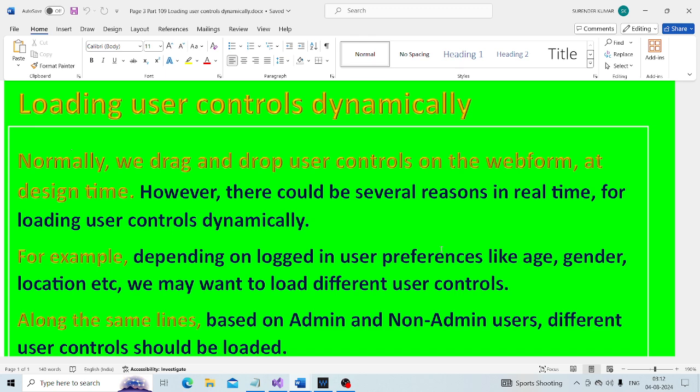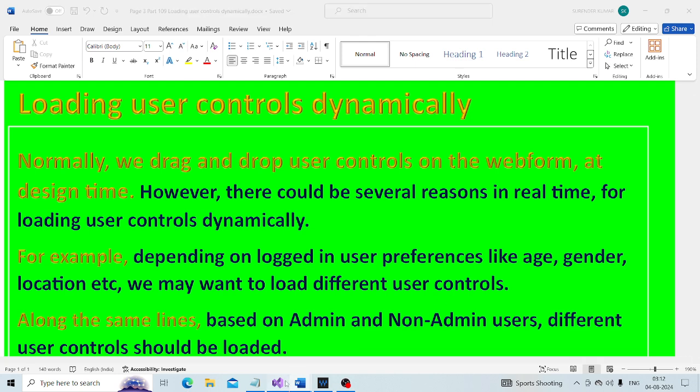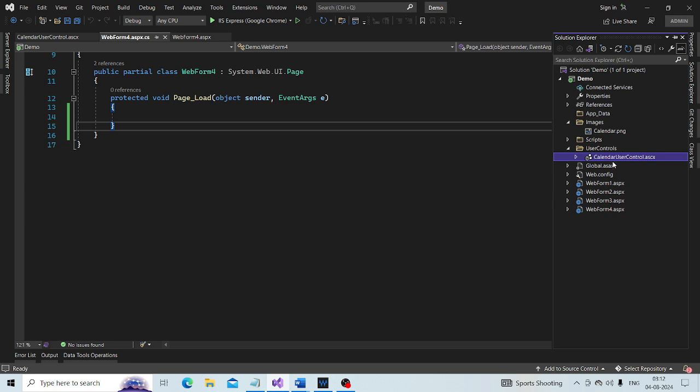So within this web application project, we have this calendar user control that we have been working with in the previous sessions of this video series.